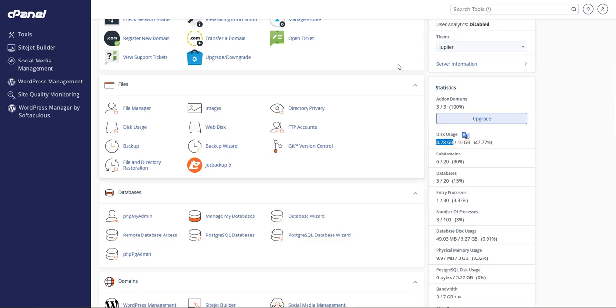This way you can easily detect which of your folders is taking the most space, and this way you can free up your cPanel or hosting space, and you don't have to buy more or upgrade